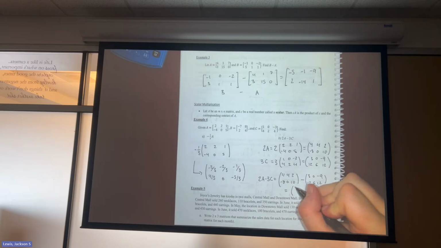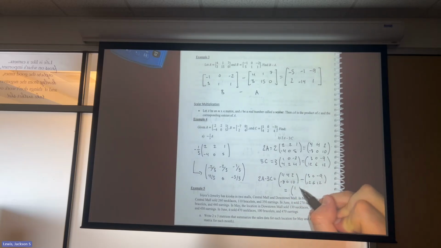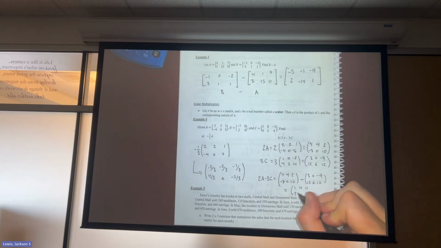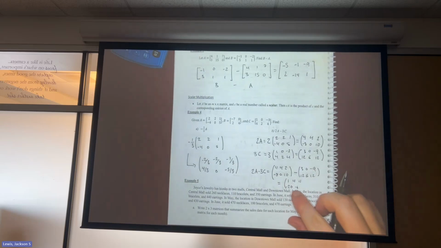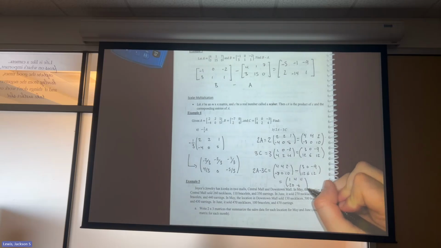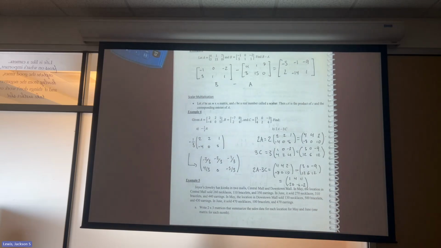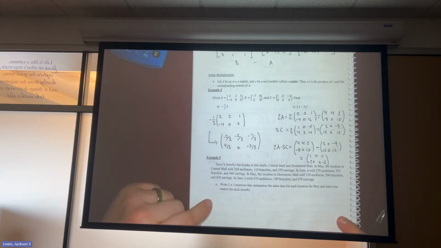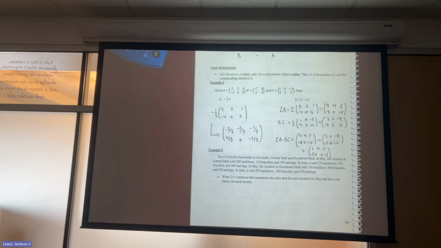4 minus 3 is 1. 4 minus 0 is 4. 2 minus negative 9 is 2 plus 9, so 11. Negative 8 minus 12 is negative 20. 0 minus 6 is negative 6. It's kind of gotten offline because I wrote my 20 a little too big, but that's okay. 10 minus 12 is negative 2. So again, scaling a matrix doesn't change its size, and I can only add or subtract matrices of the same size. And then just this last little example, I'll set it up, and then we'll probably solve it